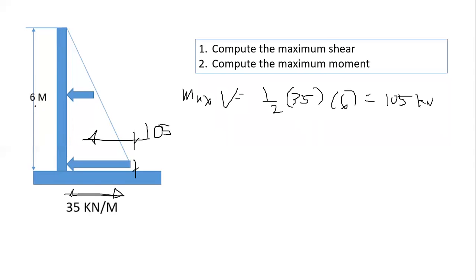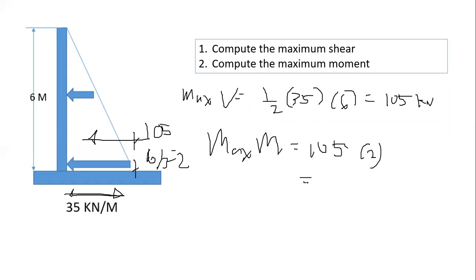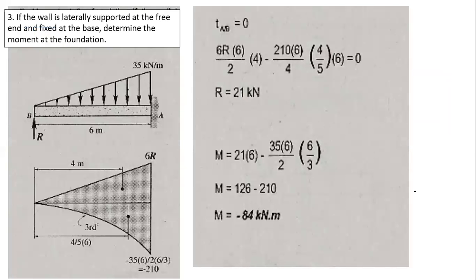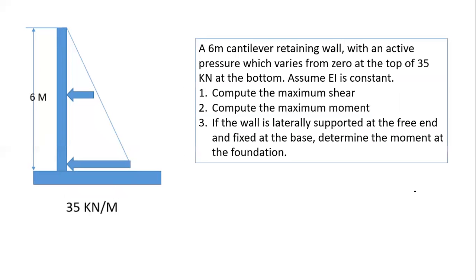moment arm. So if this is 6 meters, this is just 1/3 of 6. Okay, this is 2. So maximum moment is just 105 times 2. Okay, it's 210 kilonewton meter. Now, third question, if the wall is laterally supported at the free end,